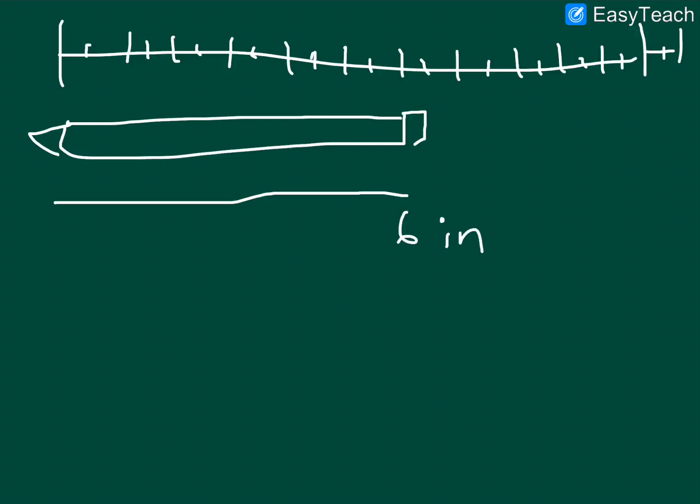Sorry, I shouldn't be using inches. In a science class, we should always use centimeters. So let's say this is a 12 centimeter ruler. You can see that it lies somewhere in between 6 and 7. So that is 6